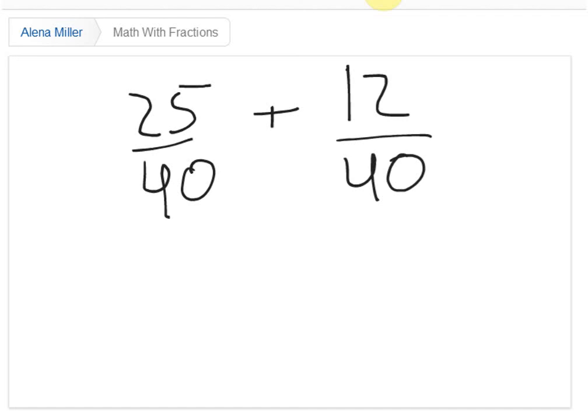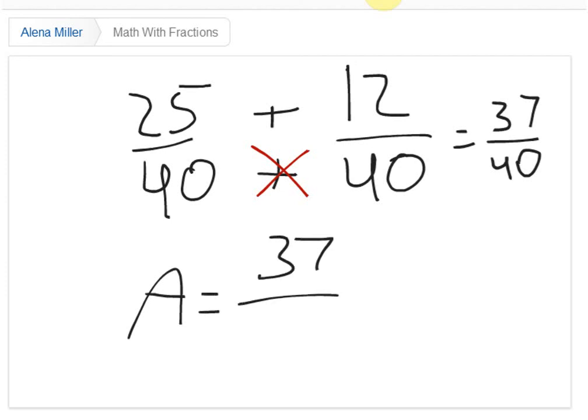You never add the bottom. You can right away just put 40 down, because you just know 40 will stay 40. You never add it. You just have to add 12 plus 25. That's 37. Your answer is 37